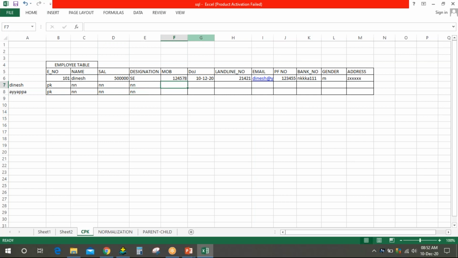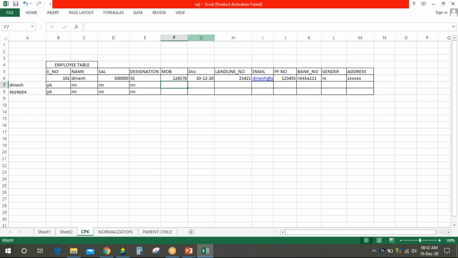How about mobile number? Not null. Only one primary key can be given, right? There is a possibility that a husband and wife join together, and the wife doesn't have a mobile right now.